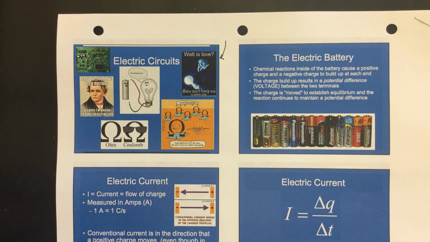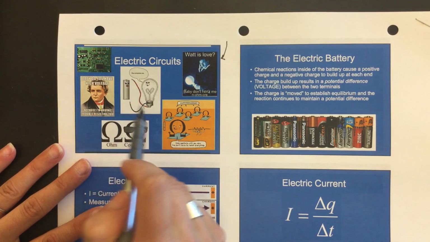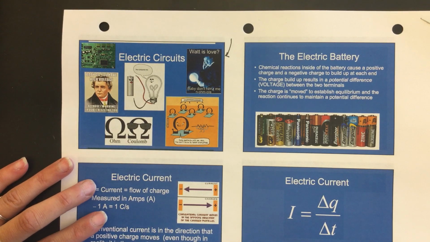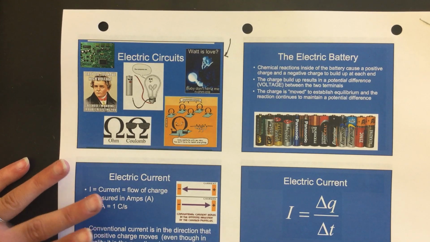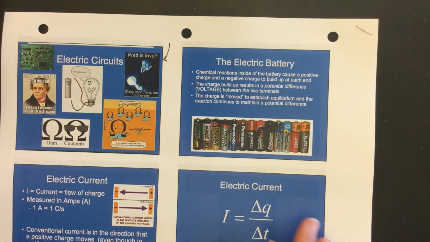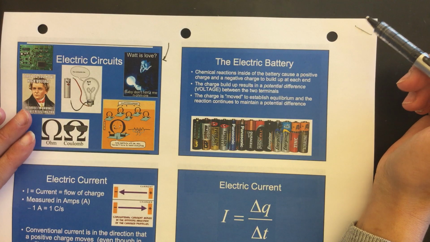So this unit is about circuits. Like our last lab, lighting the light bulb with the single battery, we're going to talk all about different types of circuits, what's actually flowing through wires, which is just electrons, but what does that depend on? And how do we describe all those things in physics? So first thing to discuss, that we're going to talk about next class when we do our first lab, is